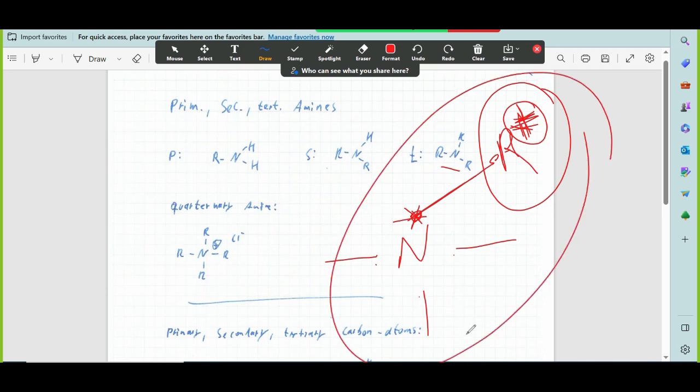The full compound becomes a cation, and it forms an ionic bond with an anion, for example, chlorine. In this case, it's called a quaternary amine because it's bonding to 4 different carbon groups. 1 R here, 2, 3, 4, but it has this plus because it cannot attract